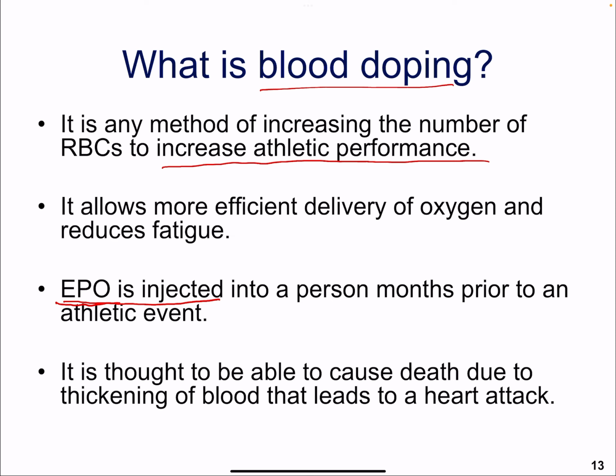As a consequence of that, we can actually and most likely going to inject more than what the physiological need is. As a consequence of that, the athlete will produce so much red blood cells that the blood ends up